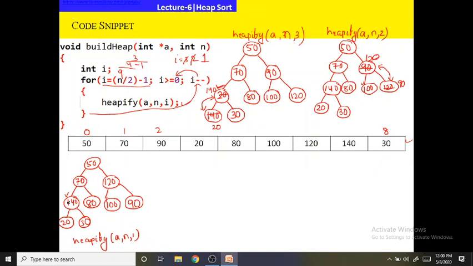So we will swap the larger element with the root element, or the parent node. So here we will get 140, and here we will get 70. Now again we will apply the heapify operation at 70. Now you see 70, 20, 30. 70 is larger than 20 and 30, so no change will occur. Only these two will be swapped. So what we will get? 50.